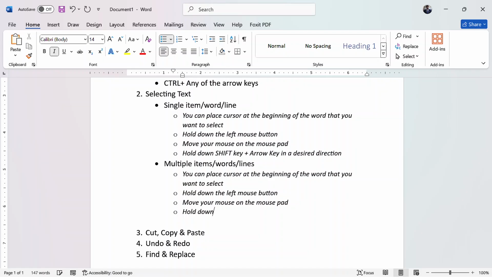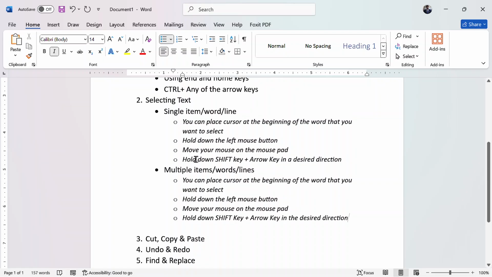Hold down Shift key plus arrow key in the desired direction. So that is how we select text.